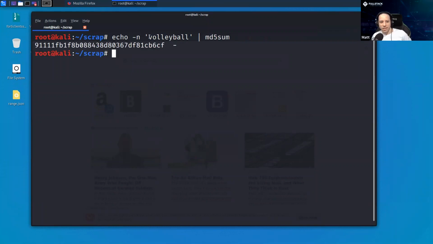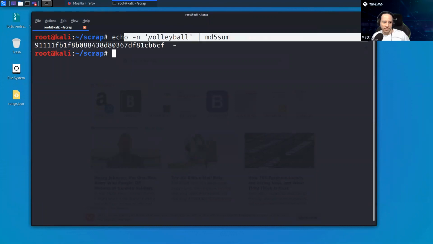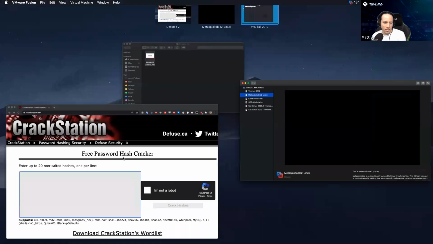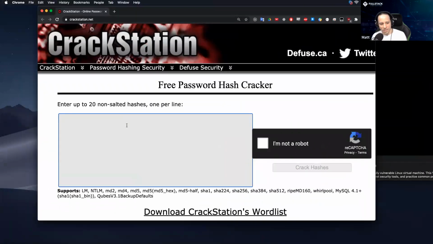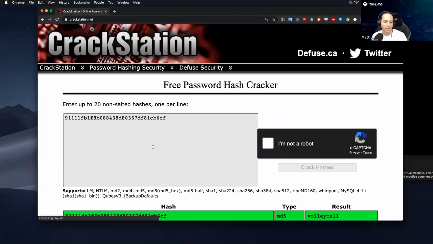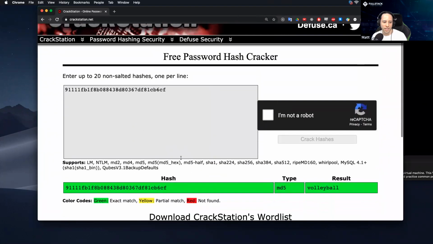Okay, so all I did here was take the string volleyball and get the MD5 sum of it. Copy. I'll throw this into CrackStation just to confirm that this works. Just paste the hash, prove I'm not a robot, always scary. All right, I did it. And then it looked it up in the table and found an exact match with the MD5 hash of volleyball.